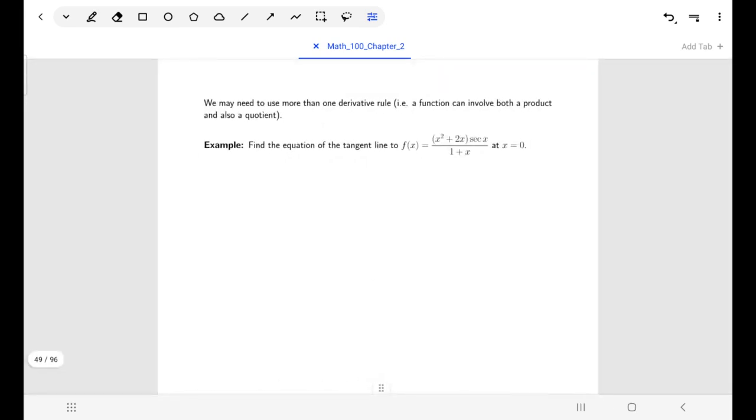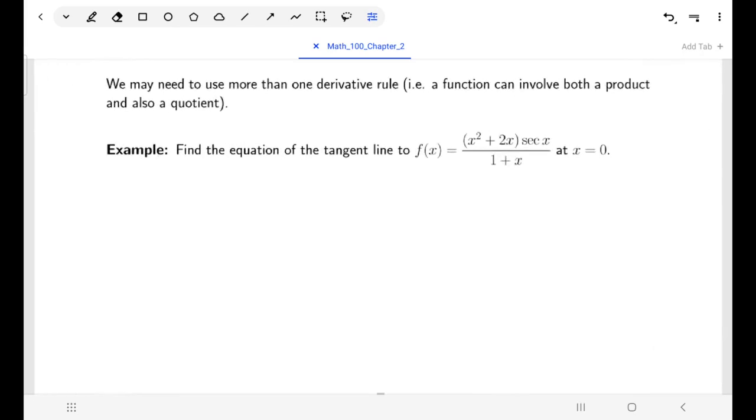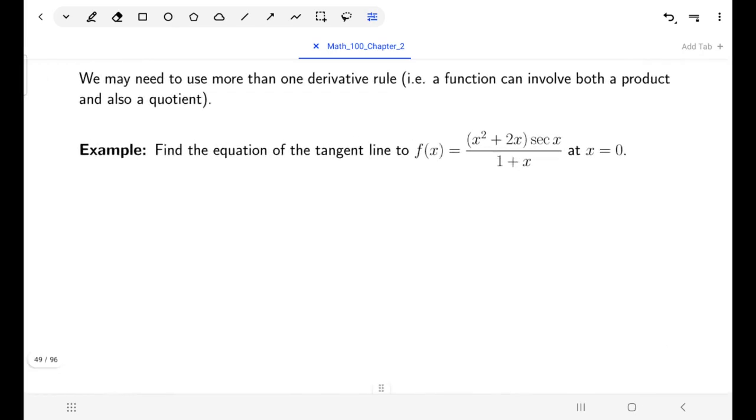Okay, so here's where things can start to get a little bit fun and maybe a little bit messy. We sometimes have to do more than one derivative rule at a time. So sometimes you might have things involving products as well as quotients. So if we're taking a look, for example, at this, I can see that for the function that I have,